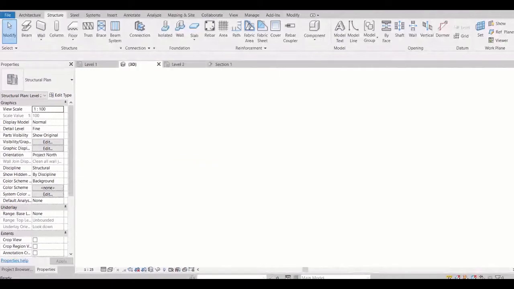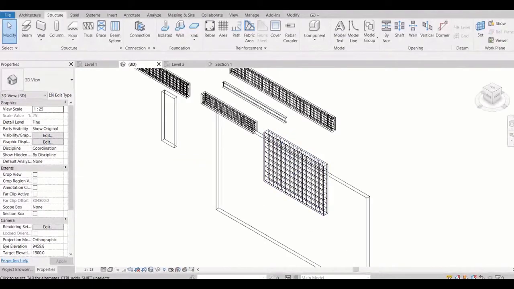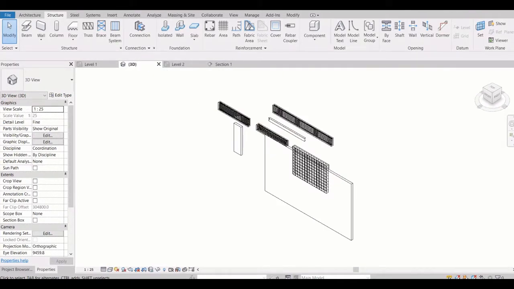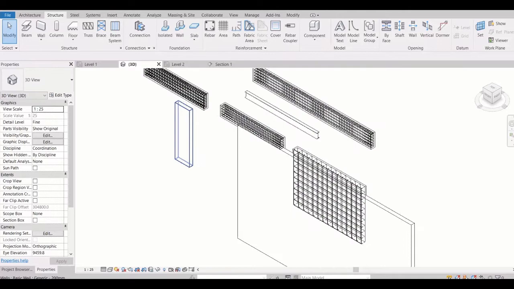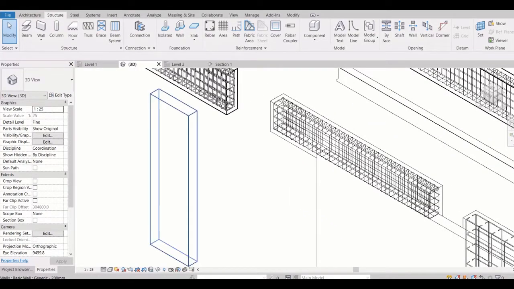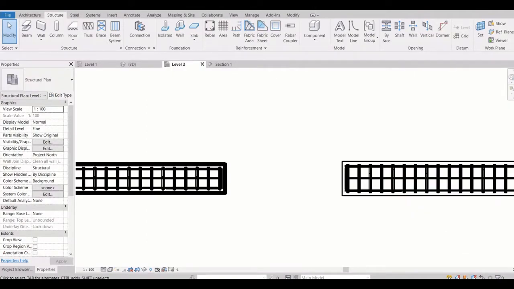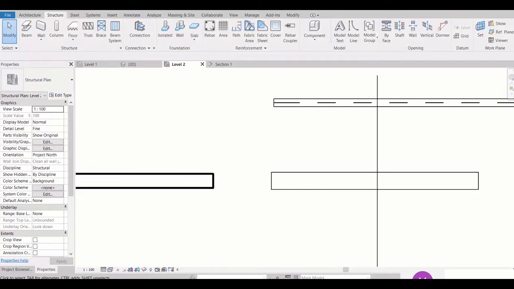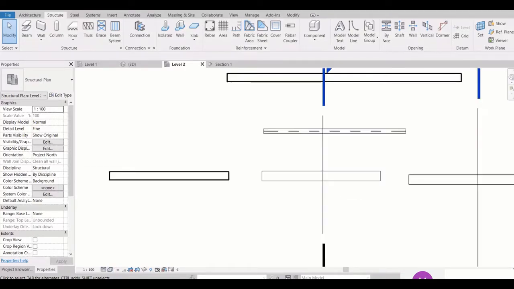So everything becomes wireframe. If we go here, it is still in wireframe. If you say hidden line, you will see only the visible lines. So the background line is off. Normally for drawing we use hidden line. Right, so now we cannot see the reinforcement.